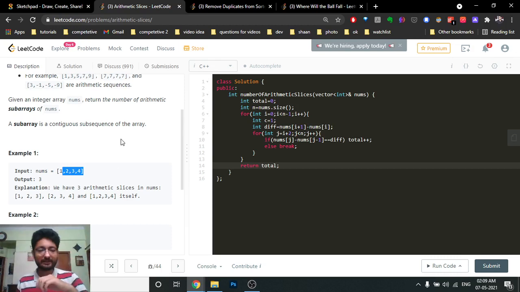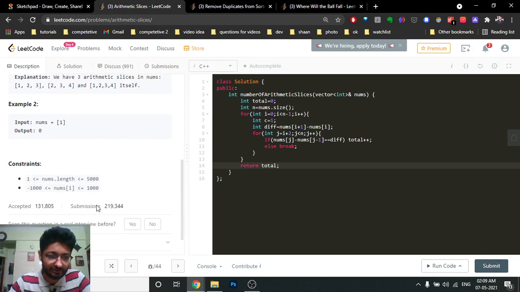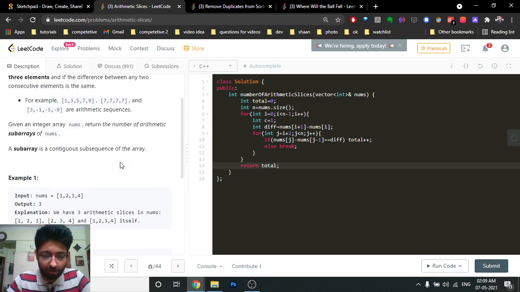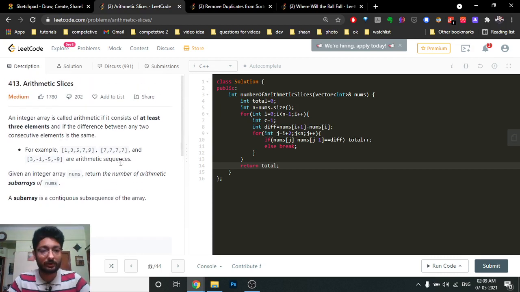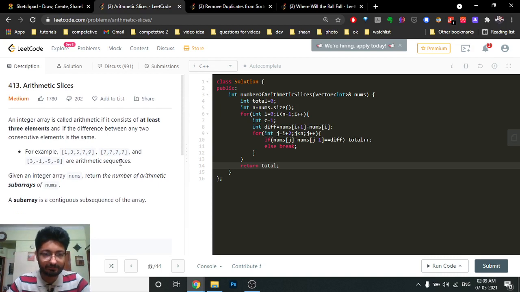Now let's move on to the constraints. The constraints are up to 5000, so it means that you can solve this problem in O of n square. If you can solve this in O of n square, then because you want different sub-arrays, what you can simply do in this problem is,